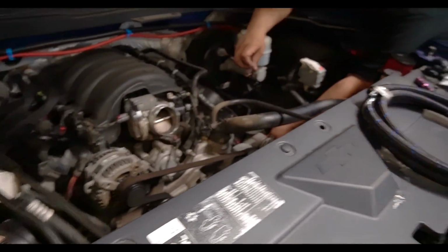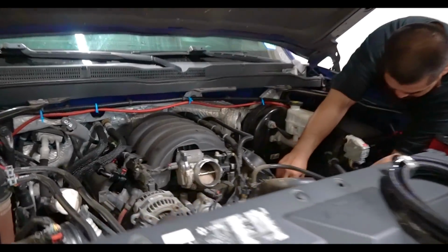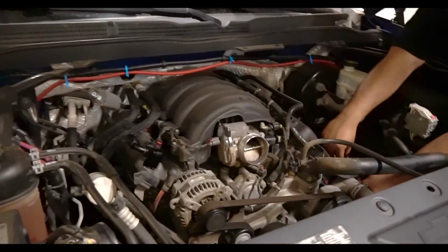And this is straight stock, so just tuning it will get you a little bit more, and tuning your shift points will help. I think I'll just tune it first and see what it can do, and then comment on the comments. Should I get a 6.2, or should I have fun, not build it, but put small little modifications, see what it can do, put it on the track, and as soon as I've had my fun and we finally know what it could do, I'll switch up to the 6.2? Either get the 6.2 now or mess around with this thing and see what we can do for you guys